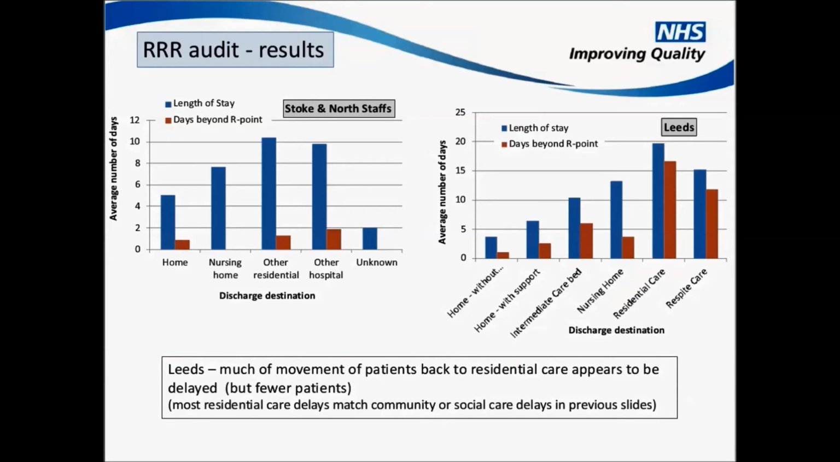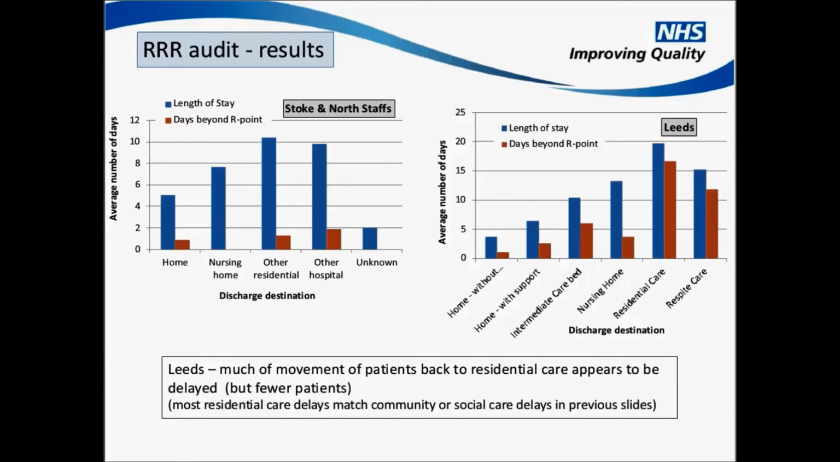And just looking at those reasons again, so these are only looking at those patients who spent some of their RRR phase within the acute hospital, and looking at the discharge destination of patients at Stoke and North Staffordshire and at Leeds. Most of those patients who had an RRR phase were being discharged. If we look at Stoke and North Staffordshire to start off with, the bulk of patients who had spent an RRR phase within the acute hospital were patients who were going to be discharged to another hospital or to residential care, so their nursing homes